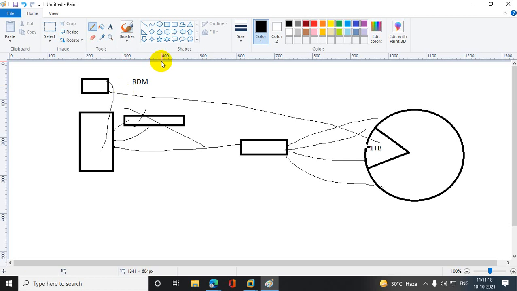The disadvantage is that once you create the RDM, this machine is locked. You cannot do storage vMotion and you cannot take a snapshot. Got my point? Because the disk is locked now. So what are the benefits?